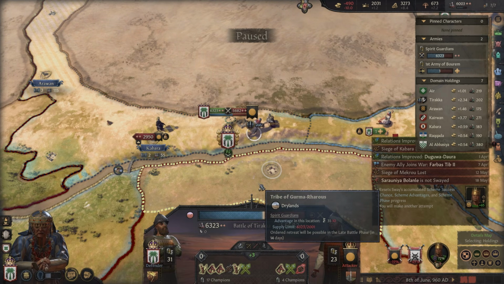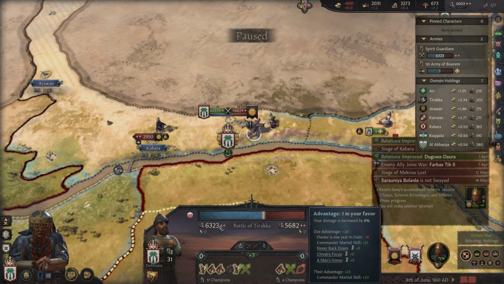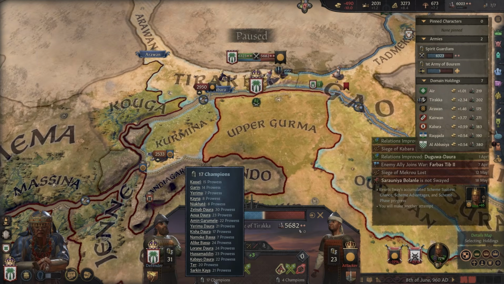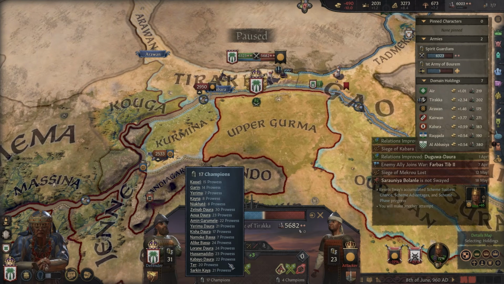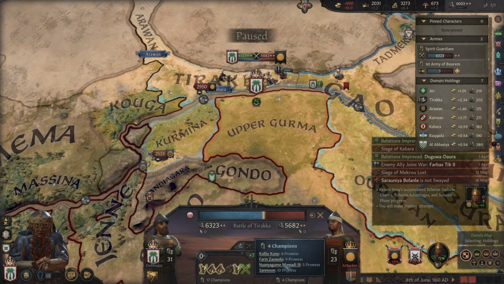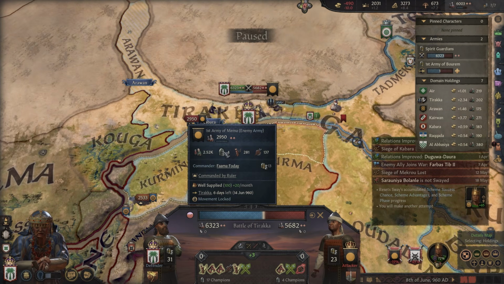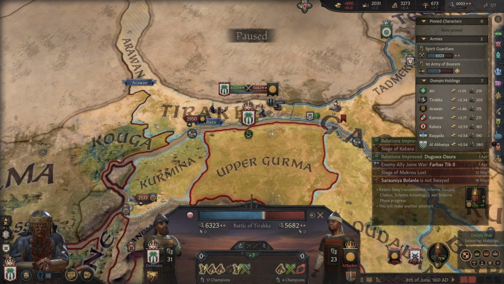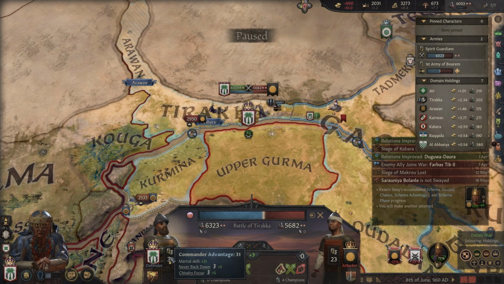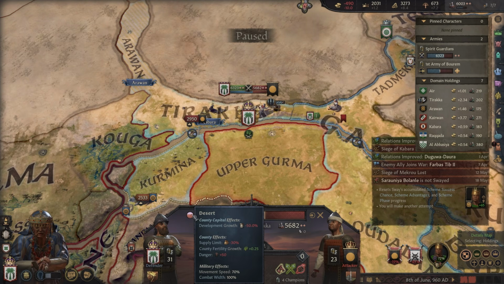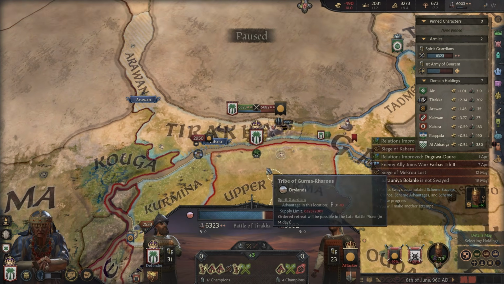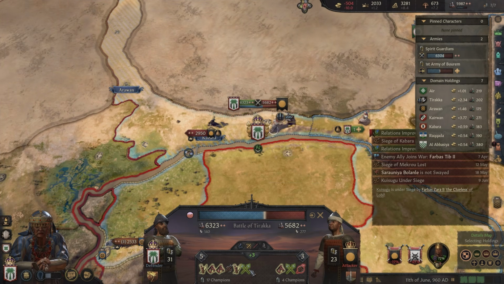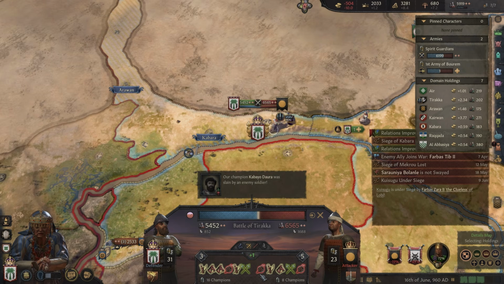Okay. Let's see if we lose our capital. So, as a defender, which we are, we get the defensive bonuses. We have 17 champions, which is huge. Huge amount of prowess in all of them. They have basically no champions. They have another 4 joining, but they're all garbage. We have a huge amount of men-at-arms bonuses, and our commander is better. So actually, it's not the worst situation it can ever be. This is actually fine. Yeah, I think we're okay. I think we're going to win. Yeah, I think we're going to crush, actually.